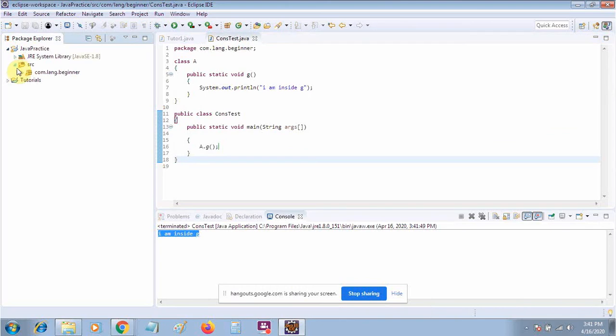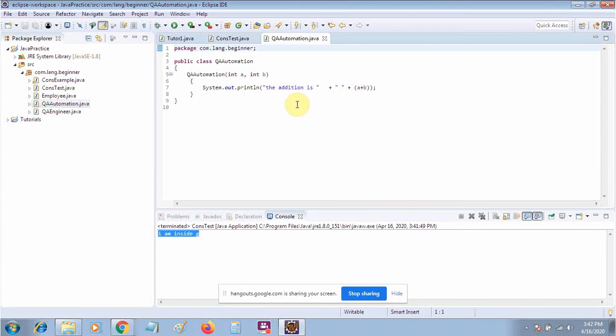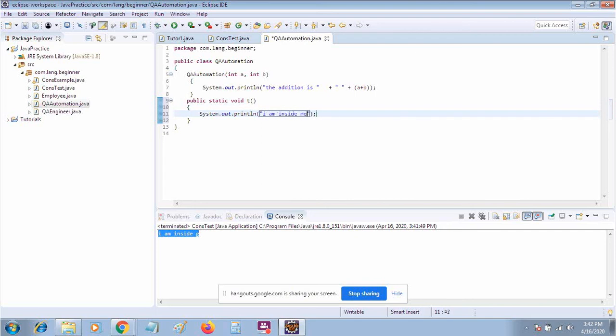Now one more example let me take. Suppose that there is one more class like QA automation, and it has its constructor. Now let me create a static method, public static void t. Suppose that there is a method t and it has a print statement, I am inside method t of class QA.